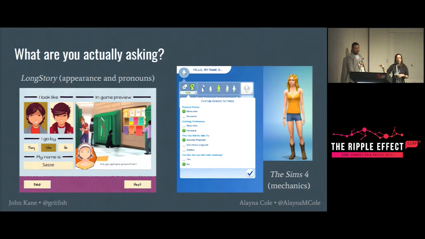This is so much better than selecting male and having it auto-check those things based on assumptions of what a man does. In a lot of the earlier Sims games, it would automatically select that the character uses the toilet standing up if you picked man, and not every man even does. This is not an assumption that needs to be made. Ask what you're actually trying to find out and what you're trying to implement.